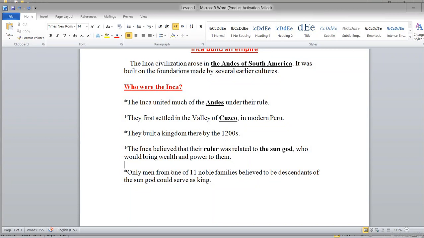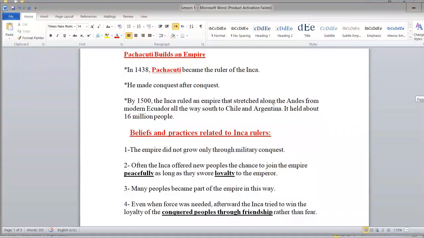Only men from one of 11 noble families believed to be descendants of the sun god could serve as king. That we already talked about before. Now,